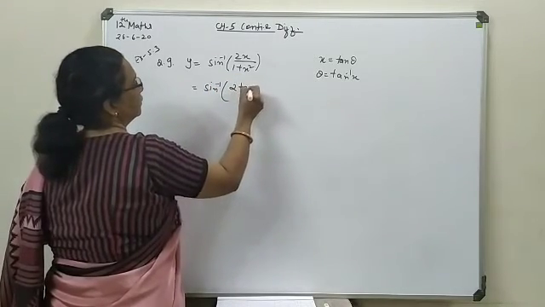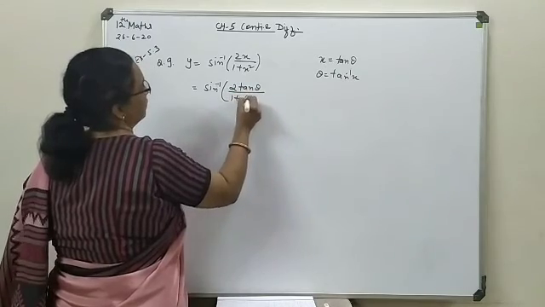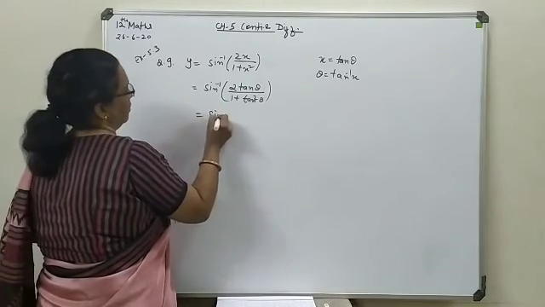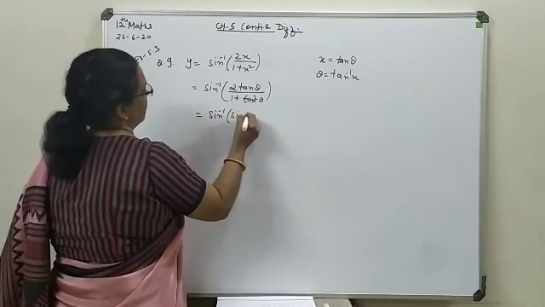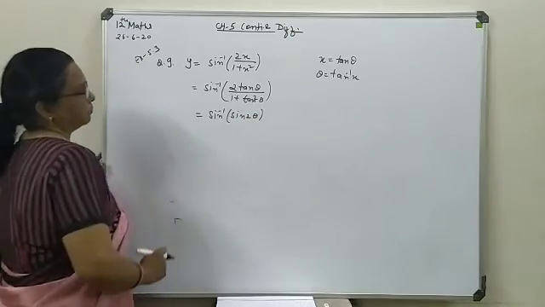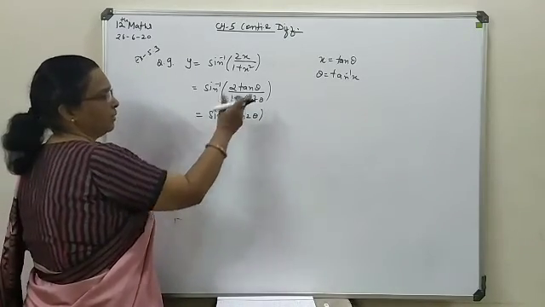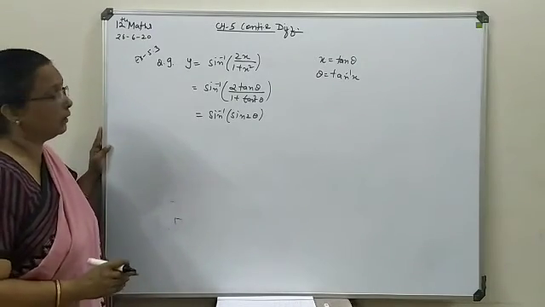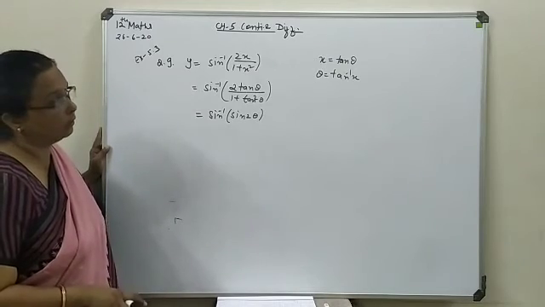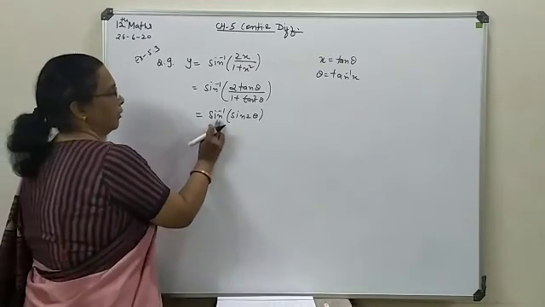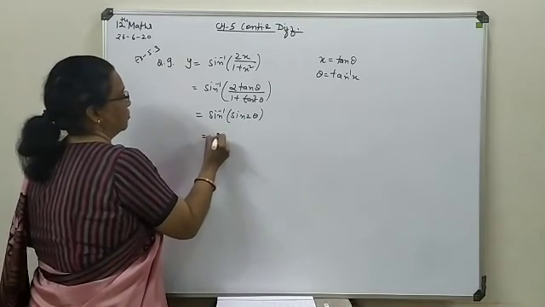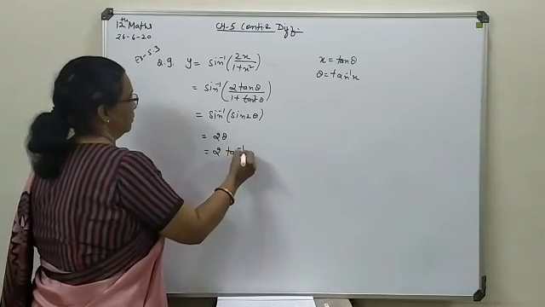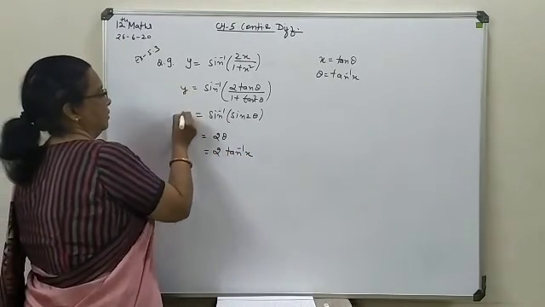2 tan theta upon 1 plus tan square theta. This is the formula of sin 2 theta in terms of tangent that we have studied before. This is the sin 2 theta form. Now here sin inverse, you can, because the range is not given, in some cases a range will be given, so you have to check whether this 2 theta is within the range or not. So here directly you can apply your inverse, meaning 2 theta will separate out. Theta we have written as tan inverse x, so y equals 2 tan inverse x.